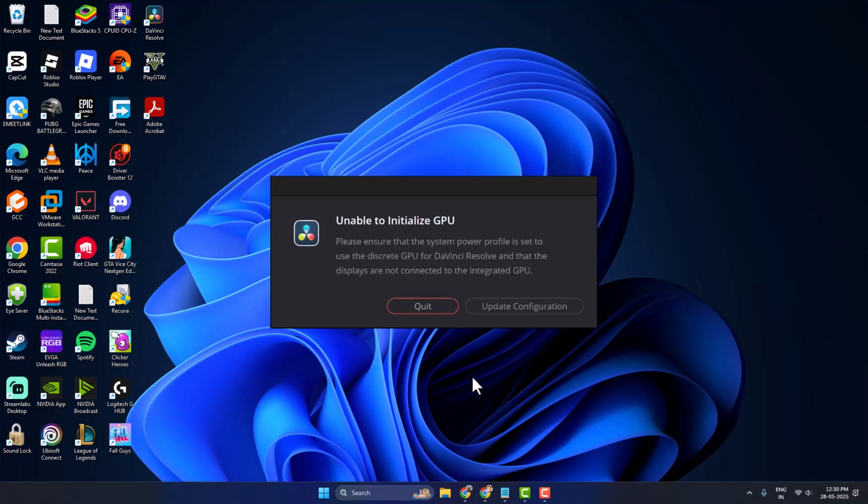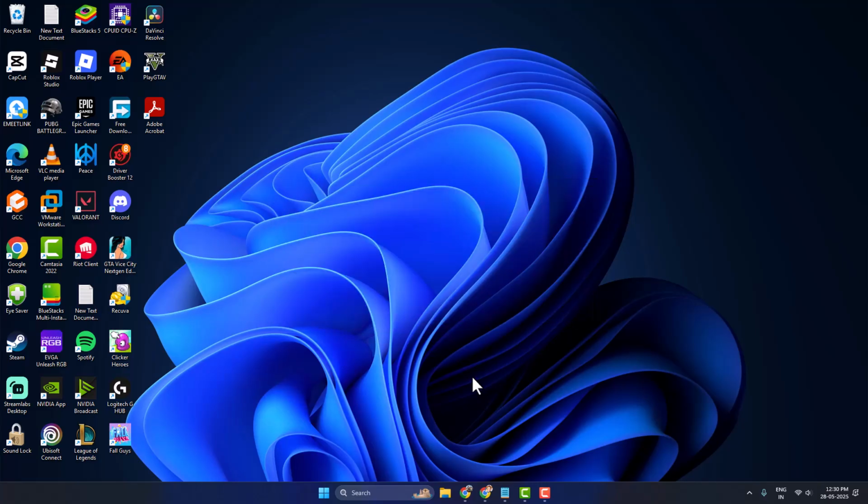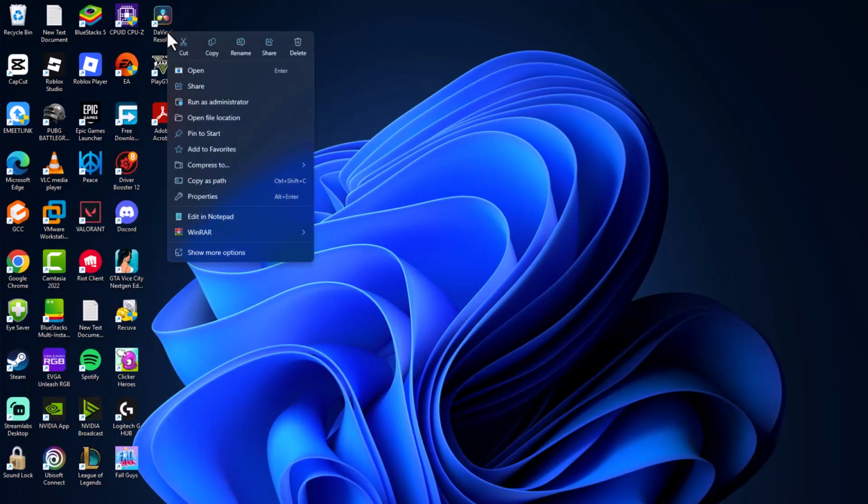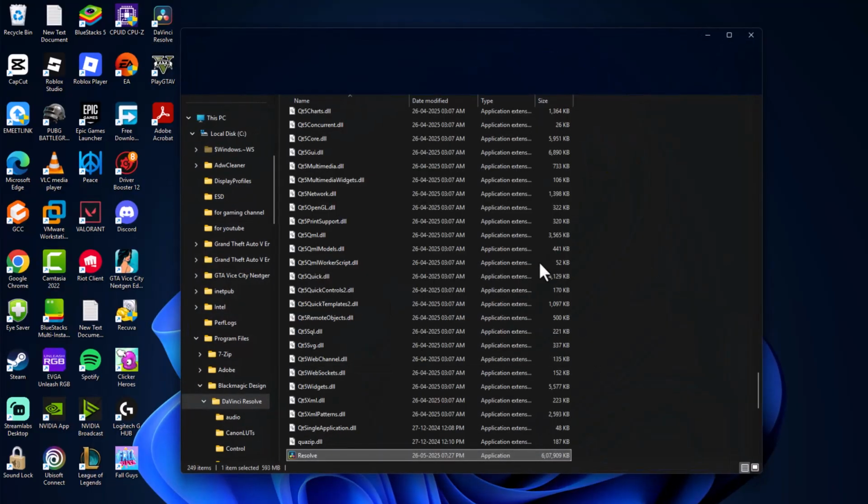Today we are going to see how to fix unable to initialize GPU in DaVinci Resolve. Let's fix it, guys. Method 1: just right click on DaVinci Resolve and select open file location,